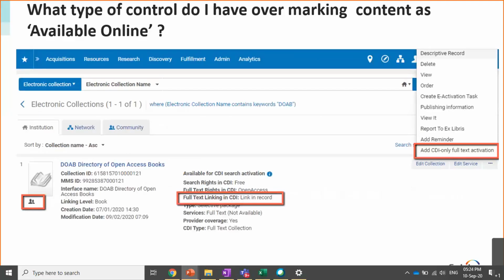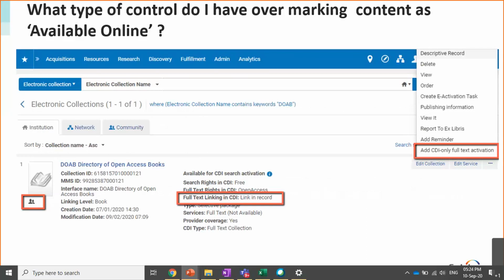So how do you do that? For example, we have this open access book collection. You can see that it's inactive because of the icon from the community zone that is gray.